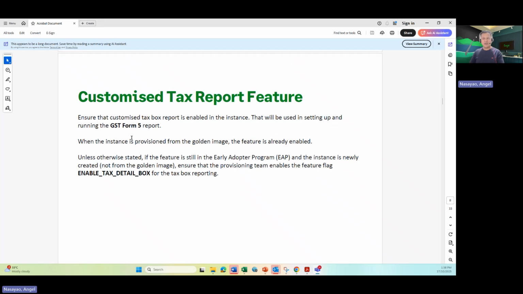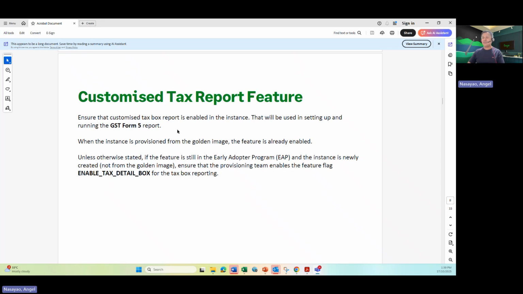The good thing with this one, and I keep saying maybe golden image is all, is that with the golden image, this feature is already pre-enabled for you. Meaning if the customer instance is created from the golden image, then the customer's tax report feature is already enabled, and we also have GST Form 5 pre-created for you